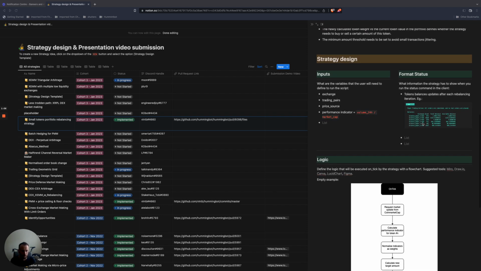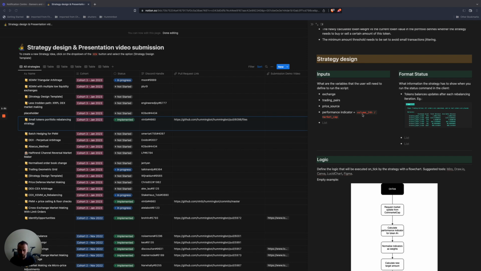a list of assets, tokens, and initial allocation. If, let's say, I don't have any preferences, I can allocate equal amounts to each token. And then, as a signal, the strategy receives a market overview from CoinMarketCap, and